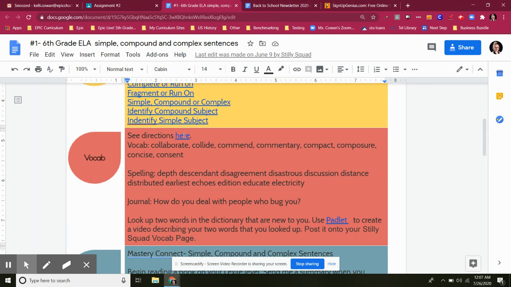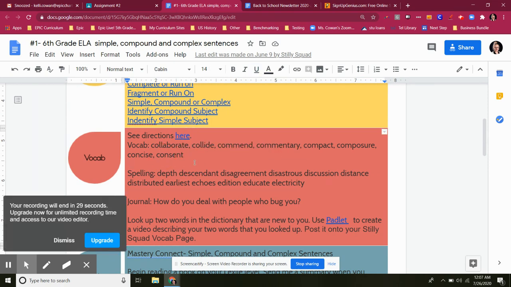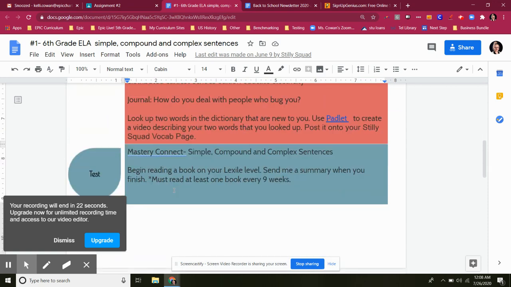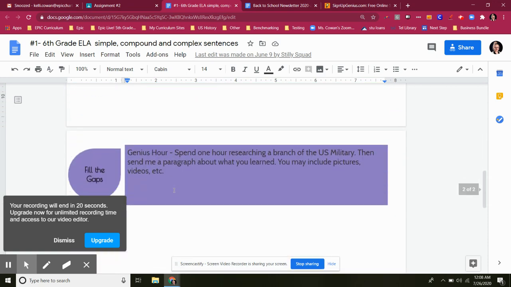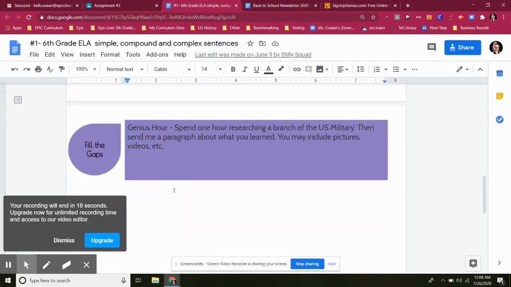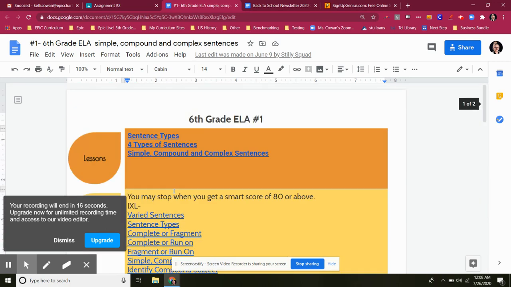This year we've incorporated either Quizlet or Padlet for vocab words. We're also going to be doing spelling and journal prompts and using Mastery Connect. Then there's a Genius Hour where we're going to do some little fun projects. I'll get to the math Google Docs in a different